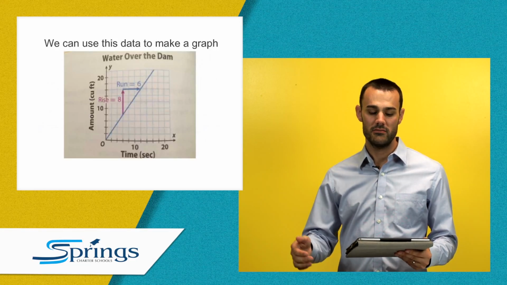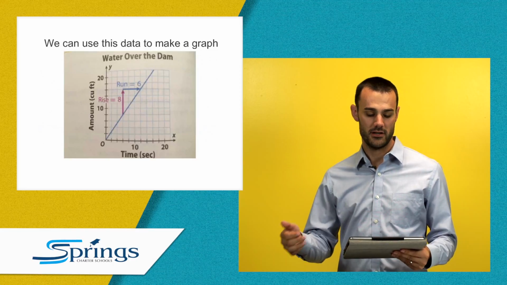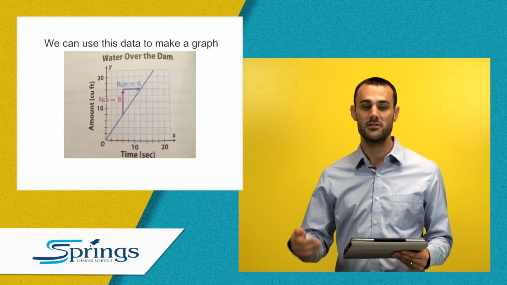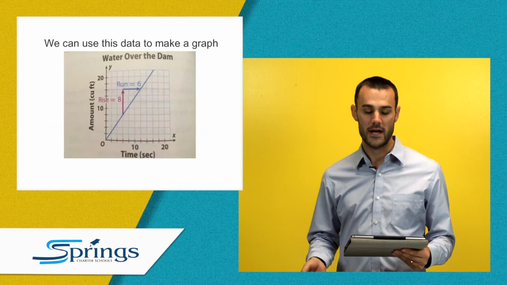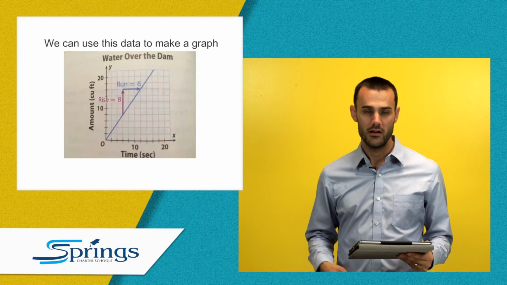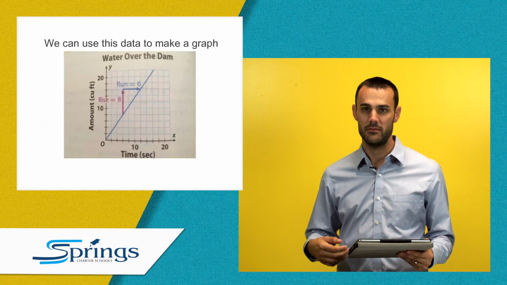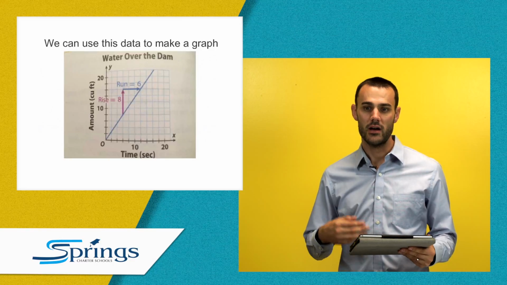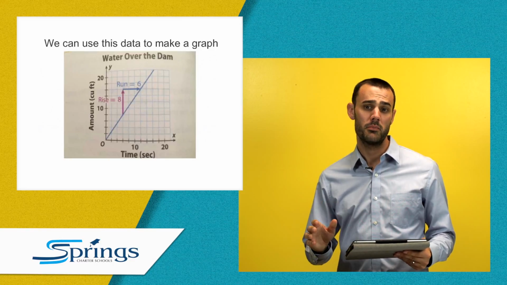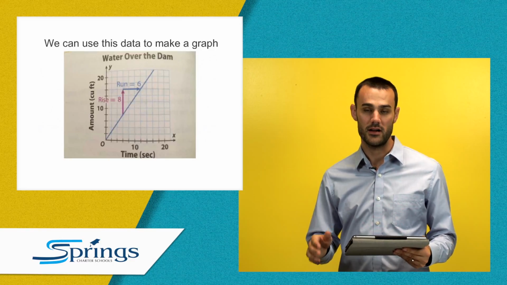We can use it to make a graph, like I just said. Now we have our picture here of our graph. It says Water Over the Dam, which is our title. On the y-axis, we have the amount, or the cubic feet. Across the x-axis, we have the time, or seconds. Okay? So I went ahead and plotted the coordinates of the graph here and drew my line